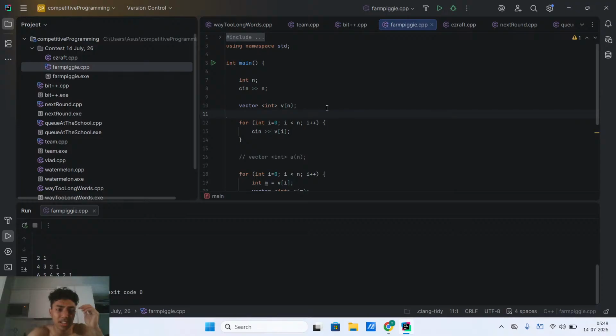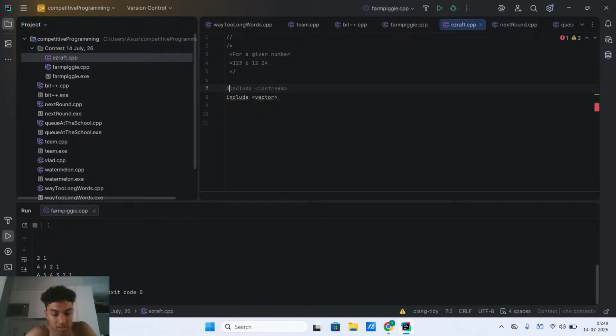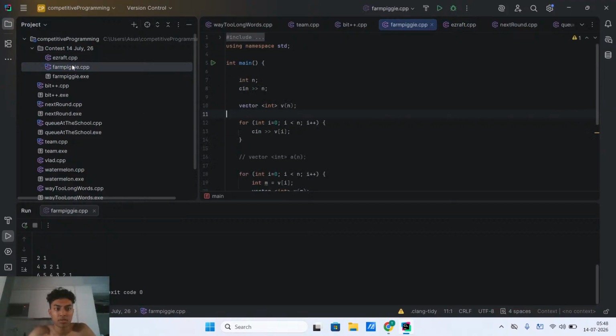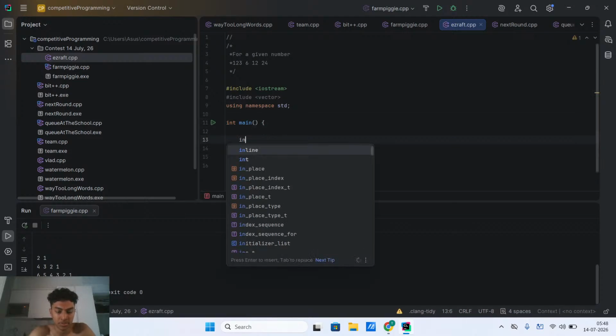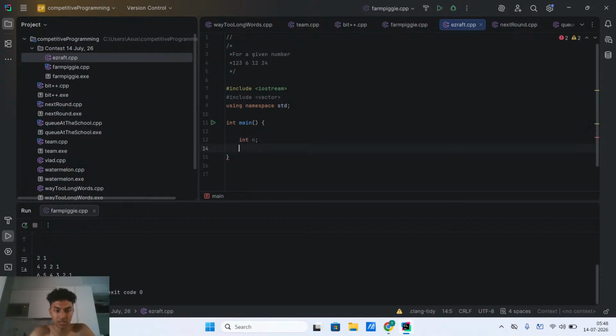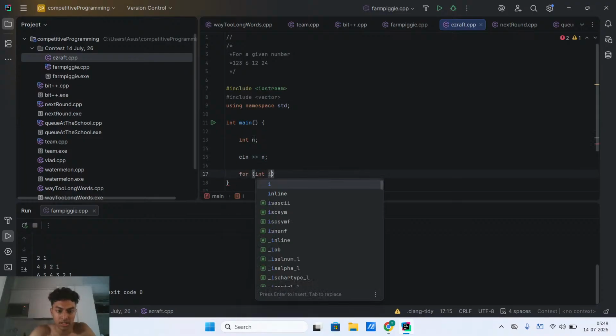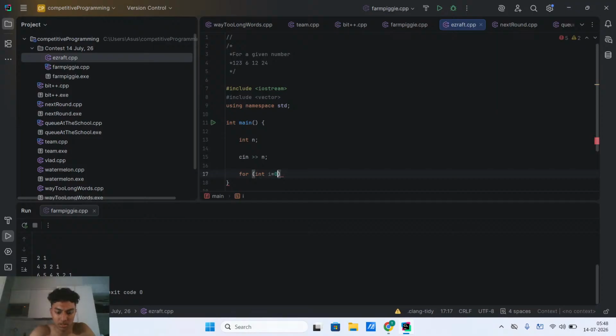So you hashtag include them. Using namespace std in main. Does it take something? No. int n. Now these are the number of things. cin goes to n. For int i equals 0,